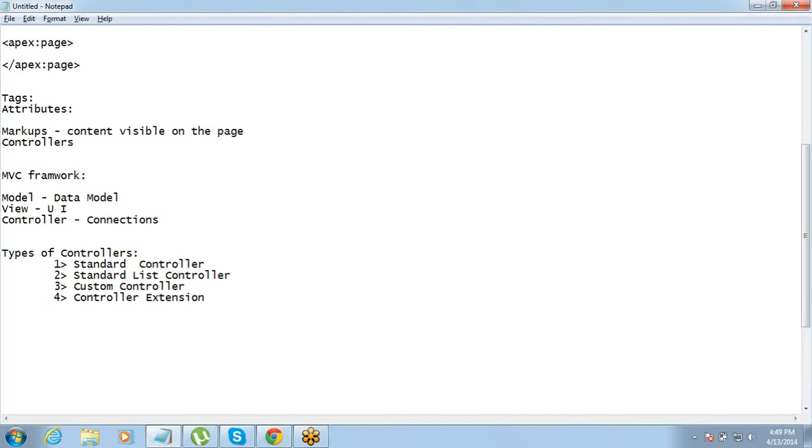Okay. Using standard controller, as the name suggests, is a controller which is there by default from Salesforce side. So using standard controller is very simple. And a controller is an attribute of the Apex page tag.